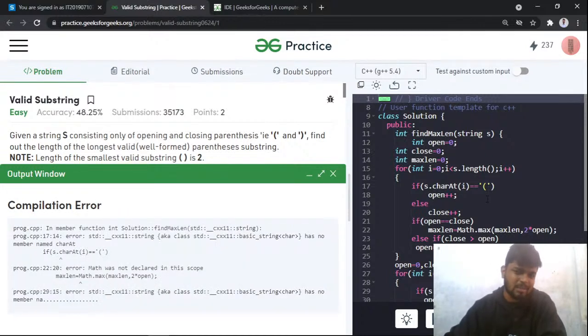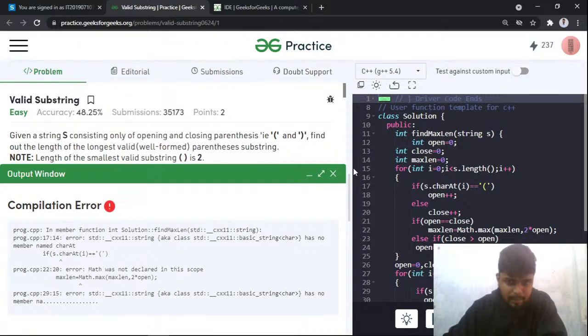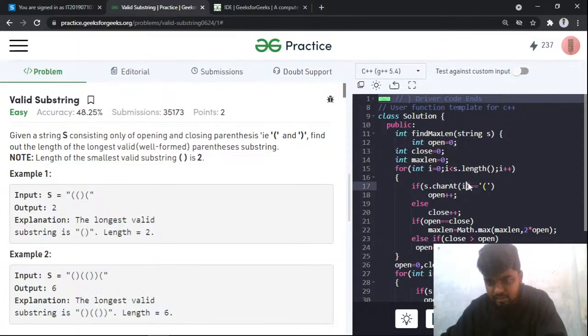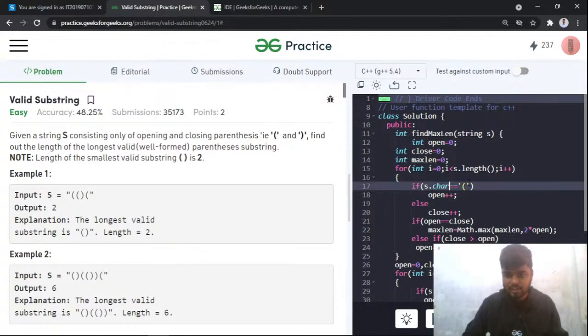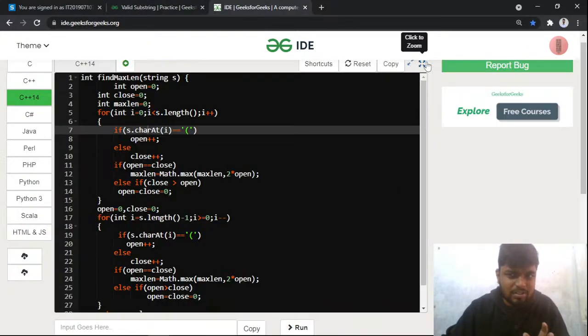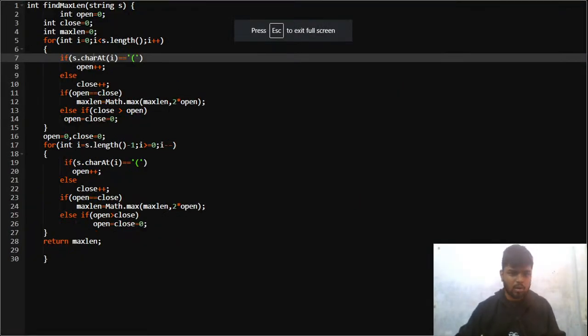So I've submitted it in C++ as well. Maybe getting some error. Yeah, not caret. This should not be caret. If I am doing it in this language, so it should be I, right? So I hope that it got accepted in Java. So I'll show you the Java code for this problem, right?